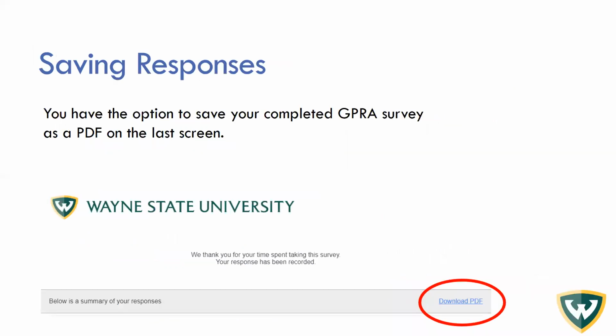And then finally, I mentioned this earlier, you want to save your responses when you enter data into the Qualtrics web link. Once you enter that data into the Qualtrics web link and close it out, this will be the only opportunity that you have to save your data that you just entered. Now I'll note, if you're unable to download this PDF, or if you forget, or if you can't find it, we can go into the back end of the system at Wayne State and get it. So if that does happen, feel free to email us at gpra@wayne.edu, and we're happy to retrieve it for you.